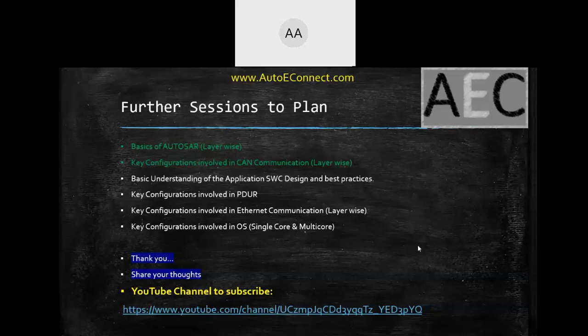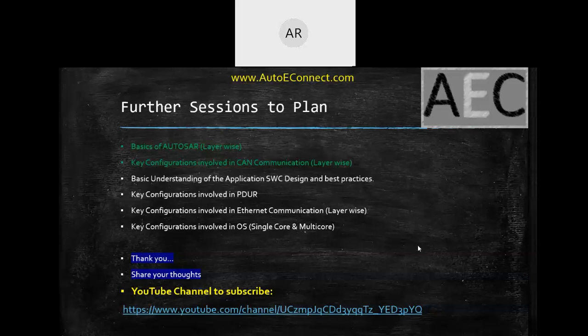Wake up source is nothing but, for each communication channel, you will be configuring one channel reference. If you go into the low level layers, for example in the CANIF and CAN transceiver, for each of these channels we are talking about whether the wake up is supported or not. If the wake up is supported by the respective channel, then we can have that channel configured as a wake up source in the ECU. So it's the other way around.